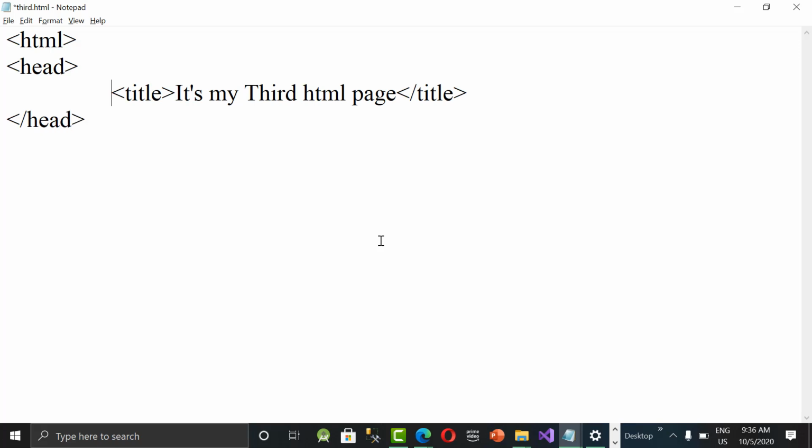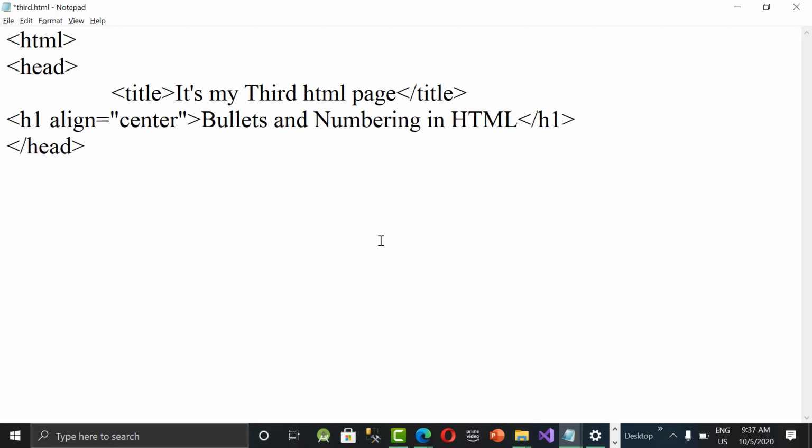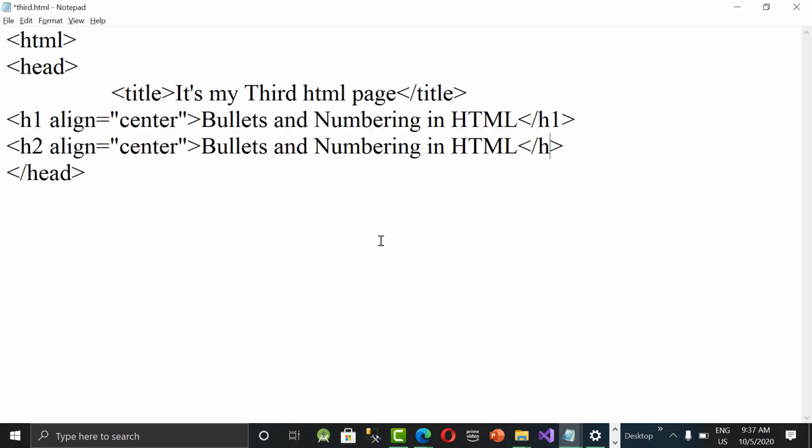Okay. And here I'm saying h1 align is equal to center, and in between these two I'm giving bullets and numbering in HTML. That is the heading I want. Or let's give something like h2 I'm giving this, and h1 I'm giving as Winsoft Technologies.